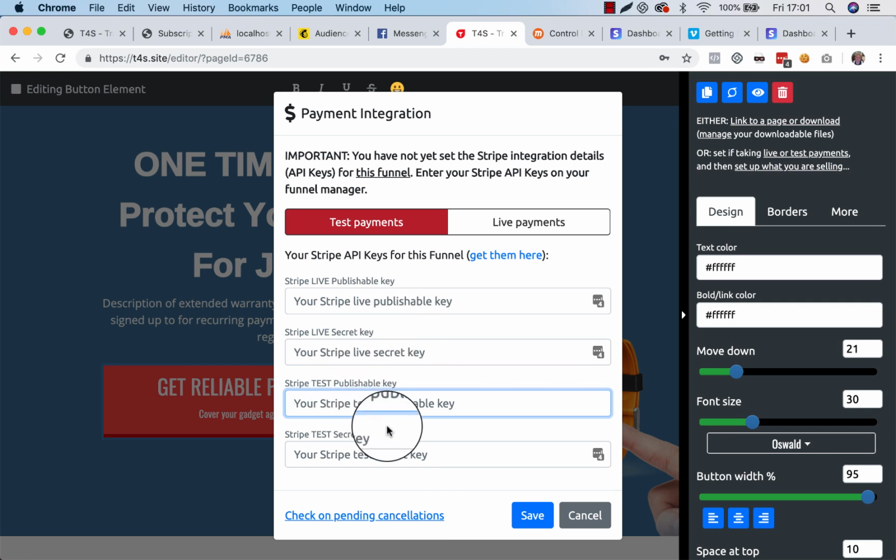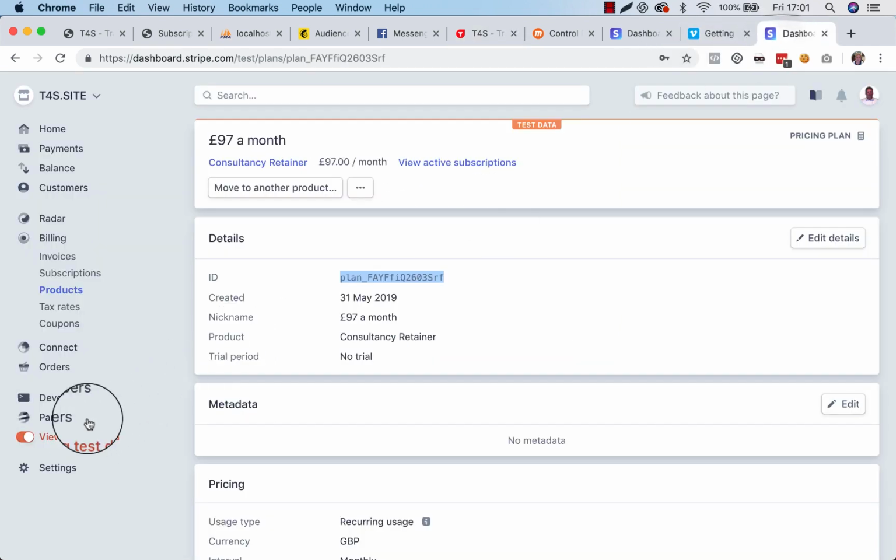The other video separate to this will show you how to get those, just so I don't end up with videos that are too long. And here I can switch between live and test payments. While you're using test payments, back in Stripe, it will look for this test data version, and therefore this is a test plan. It's not live, it's for test. Remember that, because if I copy that,